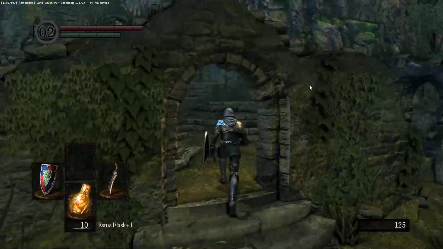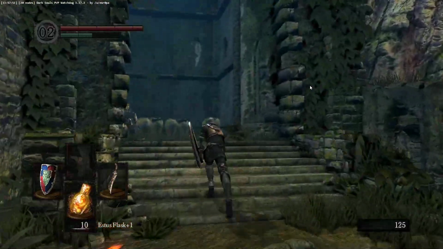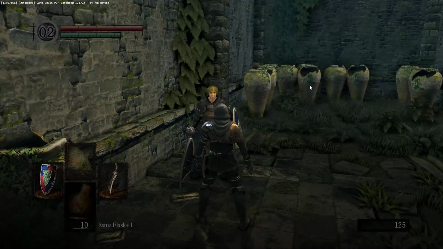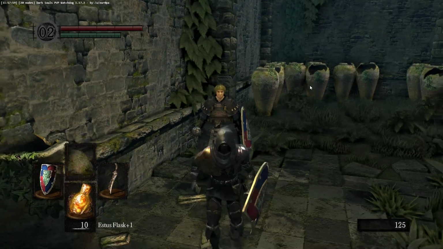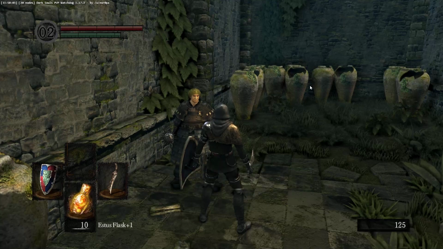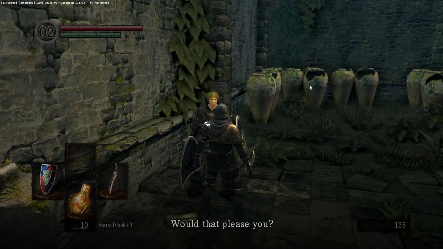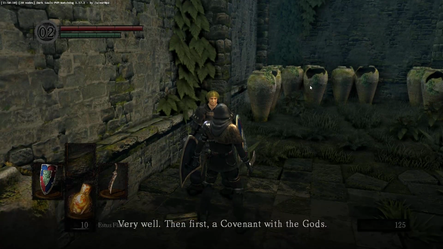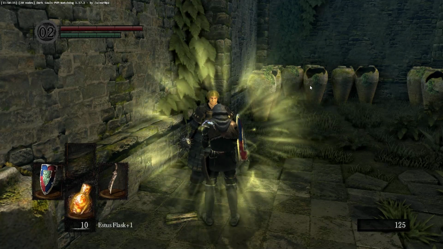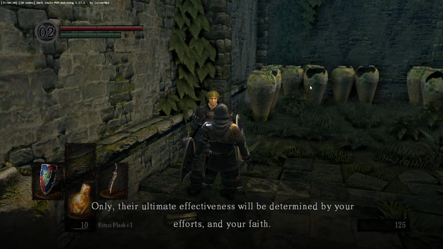And now, because I have that shortcut enabled, it's like all the shortcuts in the game come back to this one location. Oh, I should talk to this fella. But here, no. It gives you a copper coin, which is not very useful at this point. Yes. Very well. We'll join this covenant now, because it gives us access to our first miracles, which we can't really do anything with, but...